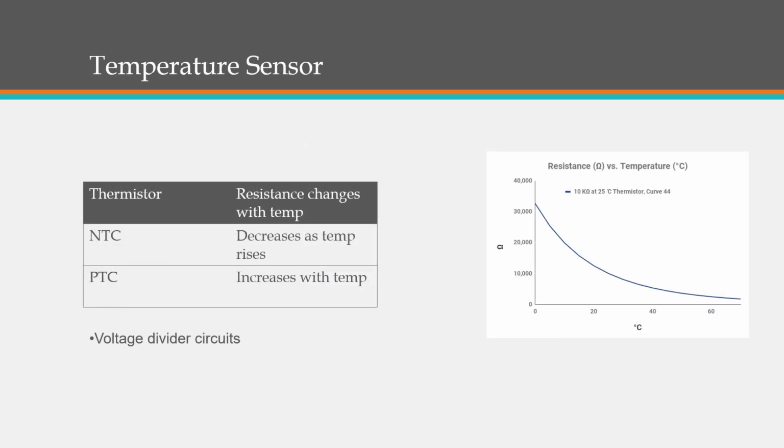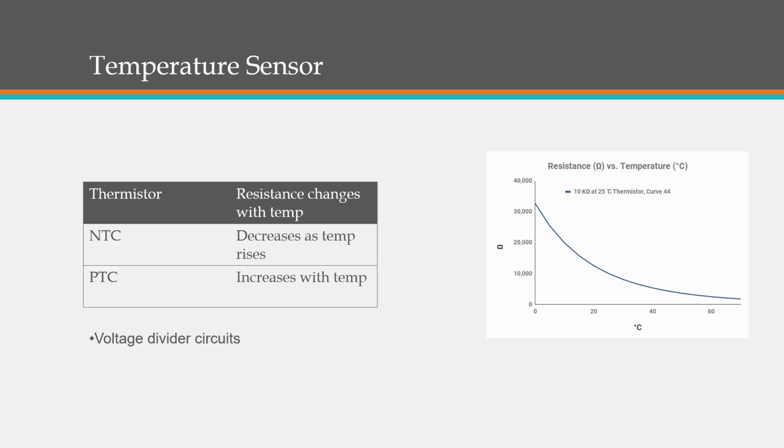We move to the temperature sensor, specifically the thermistor. A thermistor is simply a resistor whose resistance is highly sensitive to temperature. Thermistors are categorized into two types, NTC and PTC. The NTC stands for negative temperature coefficient, meaning its resistance decreases significantly as the temperature rises. This is the most common type used for measurement. The PTC, or positive temperature coefficient, thermistor has a resistance that increases with temperature. While less common for precision measurement, PTCs are often used as resettable fuses in circuit protection applications.